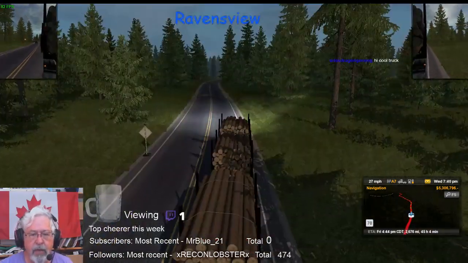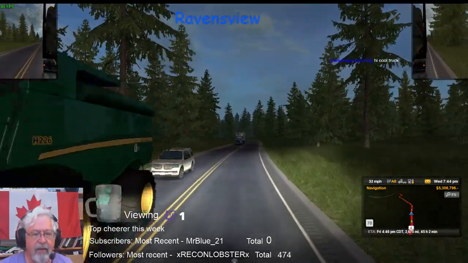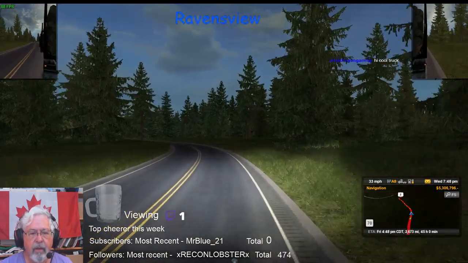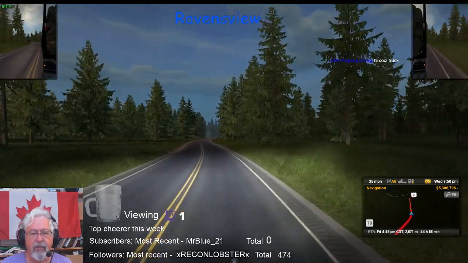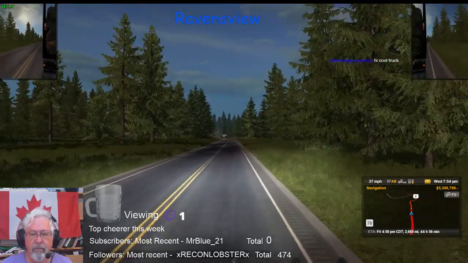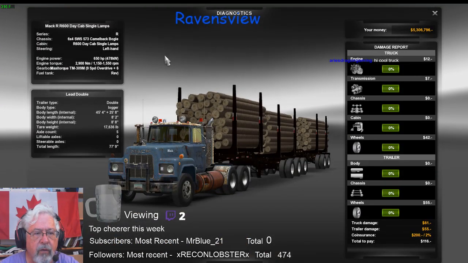So I've got triple stacks of logs, held down with a string, I think. It's a Mack R, which is a vintage truck. No shifter, I just noticed. And the paint job is somebody else's rusty skin. Somebody else did a skin for it that's basically old, beat up. It's got a nice sounding engine too. It's a Mack engine. Not a lot of power. I think I've got 650 horse. Where am I? 650 horsepower, but...